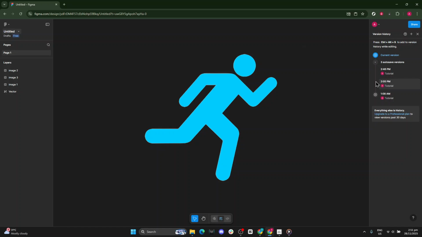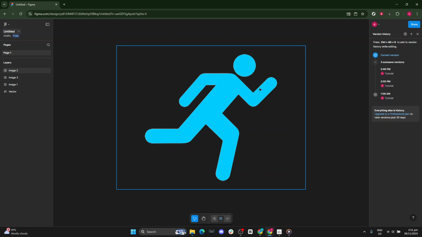To quickly recap, open Drafts, choose the file you want, move to the top left corner, click the drop-down beneath the Figma icon, and select Show Version History. The history panel will appear on the right, giving you a clear, chronological view of your file's evolution. That's all you need to confidently navigate